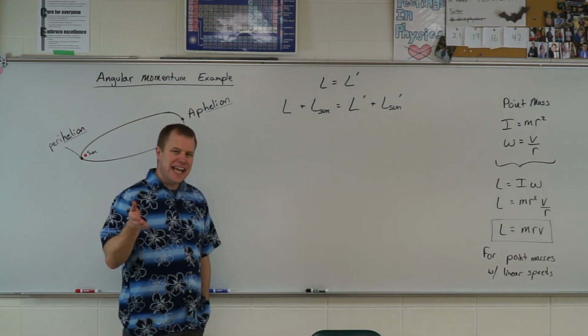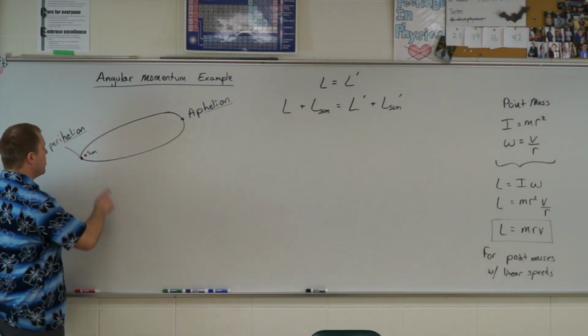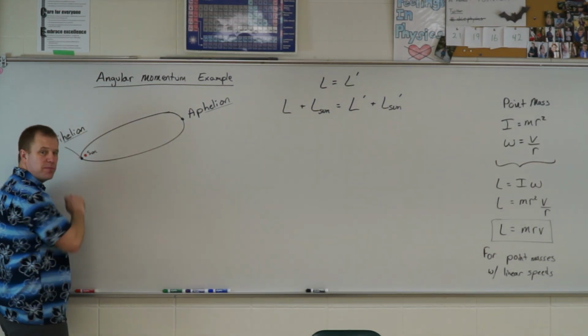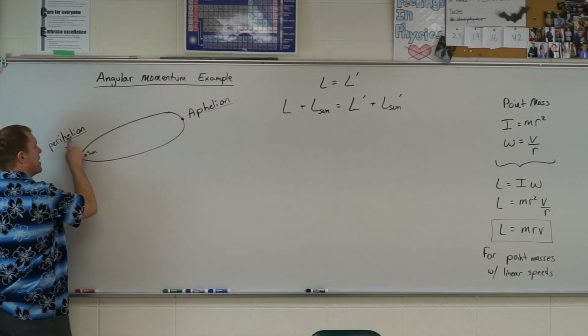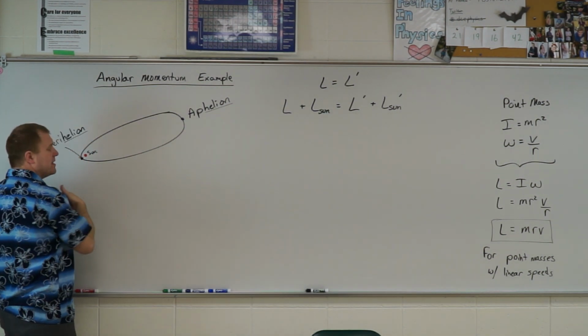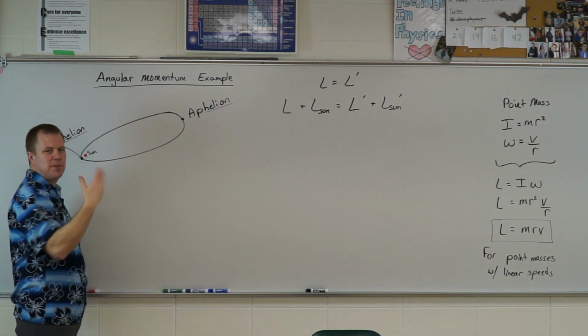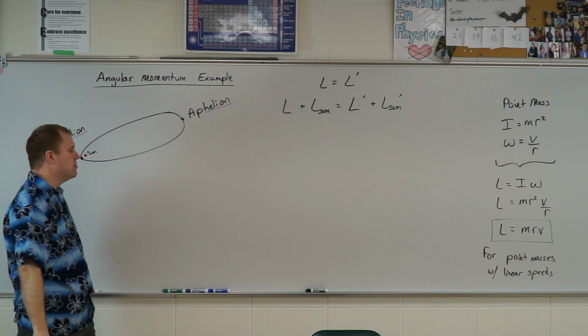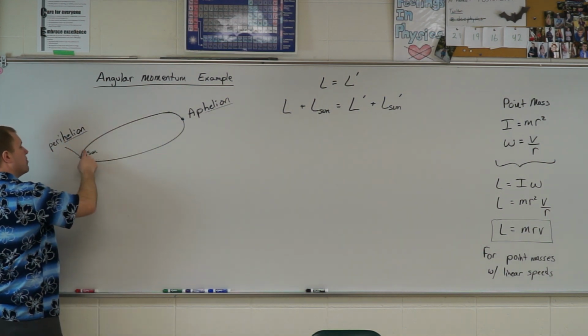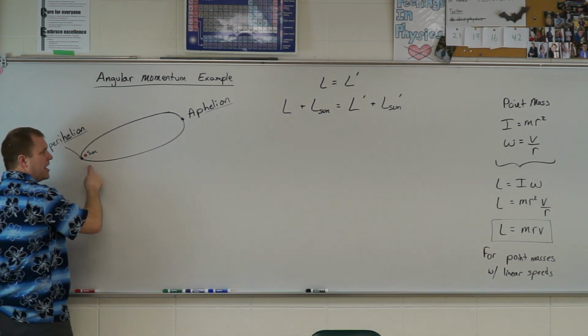All right, so they threw that "if angular momentum's conserved" on there, so we're going to look at that too. When something's at its closest approach to the Sun, we call that its perihelion, helion referring to the Sun. If it's something going around Earth, this would be perigee and apogee, G referring to the Earth. So as Halley's Comet comes around the Sun, it's going very, very fast, and as it goes out,